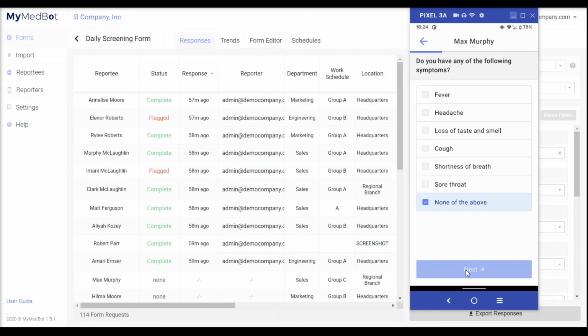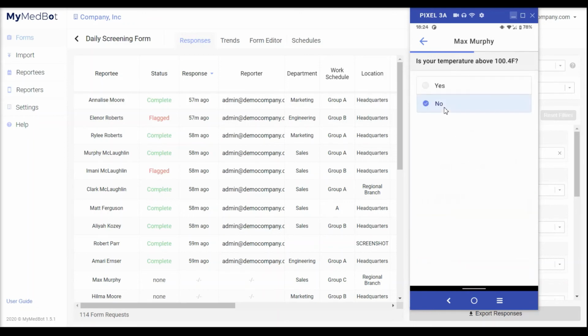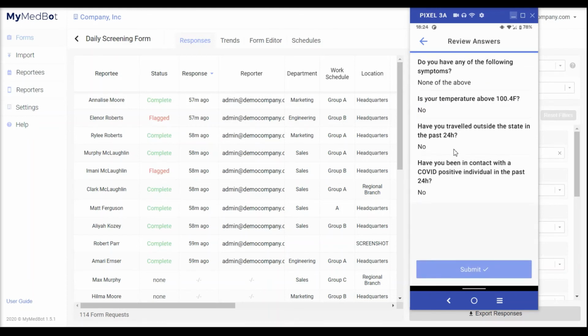We have none of these symptoms. We do not have a temperature above 100.4 Fahrenheit. We haven't traveled outside the state in the past 24 hours. And we haven't been in contact with a COVID positive individual. Again, these questions are based off the ones we just customized, but you can have whatever questions that you feel is necessary. After reviewing our answers, we can click on Submit, and then based on those answers, we then get